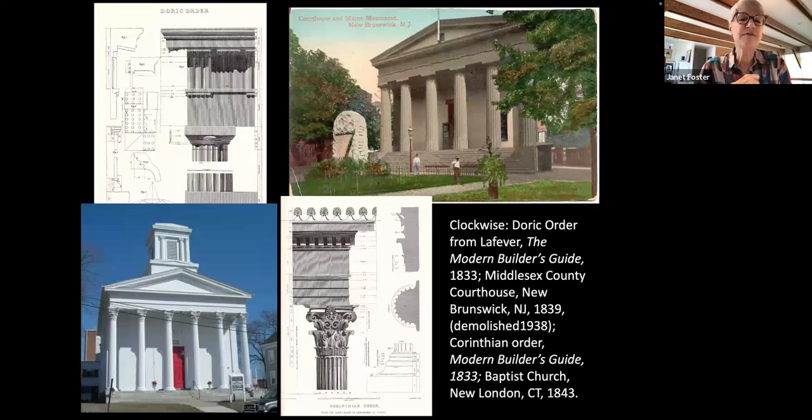Again, a lot of the designs are not full building designs. They are details of how to execute the all-important columns in the different orders, which are foundational to the Greek Revival style. Here are just two plates that show a Doric in the upper left and a Corinthian column in the lower right, and how they were used in real buildings and published by Asher Benjamin for further use in other buildings